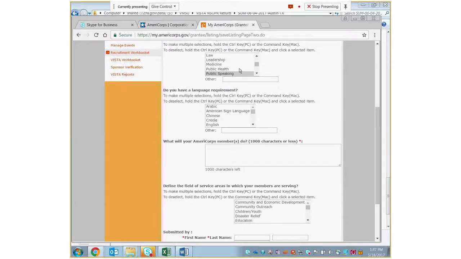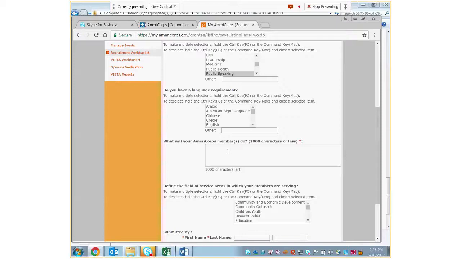You'll then want to go to the language requirements, and I would say be careful with the language requirements. Similarly, only select a language requirement if it's truly a requirement. Some people see that there's a language requirement and maybe it's really just a suggestion, and they won't apply to your position. You want to make sure that your position is available and a large population will be interested in it, and you want to only really focus on the things that are required for somebody to be successful rather than what is suggested for success. So you'll go ahead and enter your language requirements.